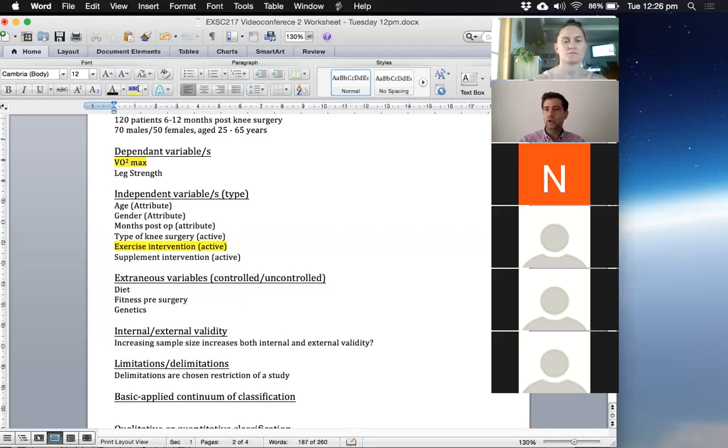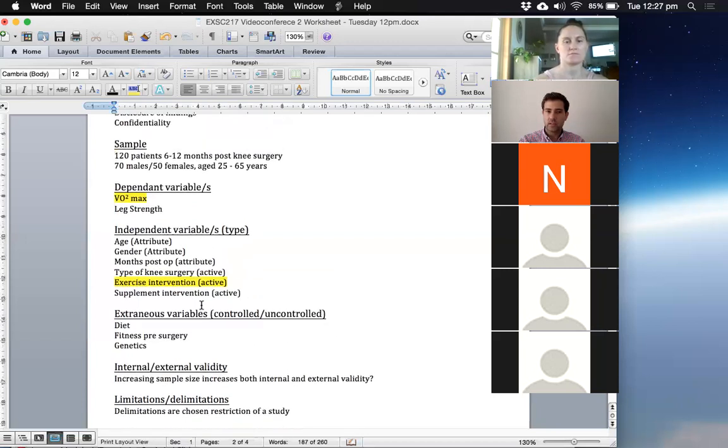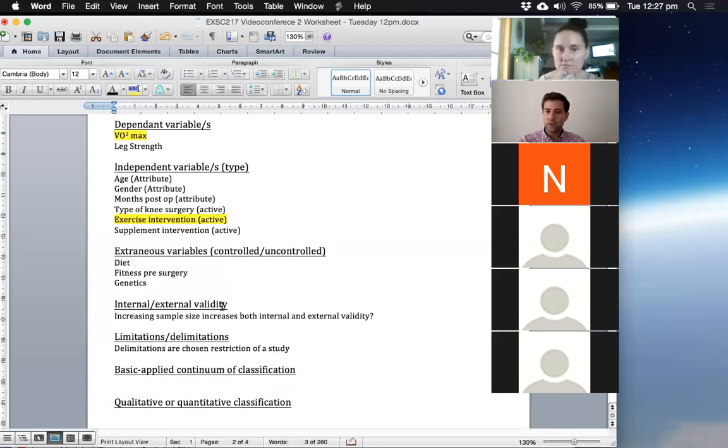Whereas a delimitation is a chosen restriction of the study, which we've already kind of looked at in terms of controlling our extraneous variables. Even up here, for example, we've restricted the age, or I've said at the start, we'll restrict the age to 25 to 65-year-olds. If we do that, well, that's going to be a delimitation of our study. Again, it's lessening the external validity of our research, because we're not sure if that's now applicable to 75-year-olds. But including 75-year-olds in our research introduces a number of other issues like neurological decline, a decrease in fitness level, and a whole range of other factors as well.